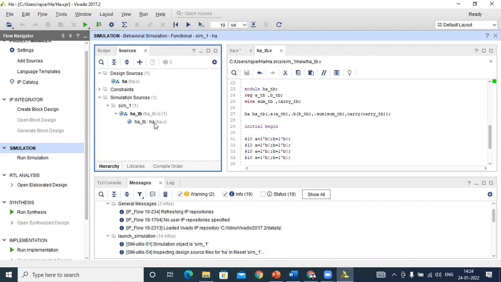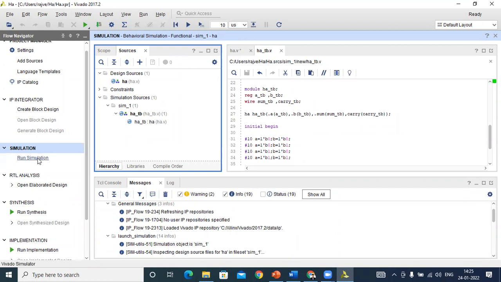You can easily understand after we simulate that code. Firstly we write our half adder code, and it is checked with the help of this test bench. That's why it is our top module for this half adder.